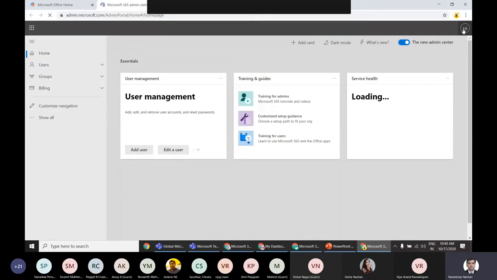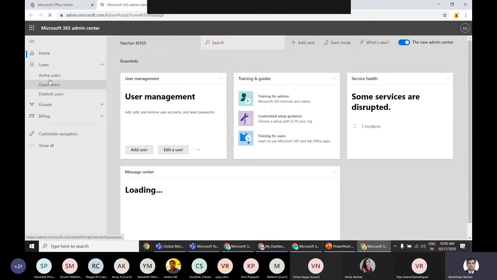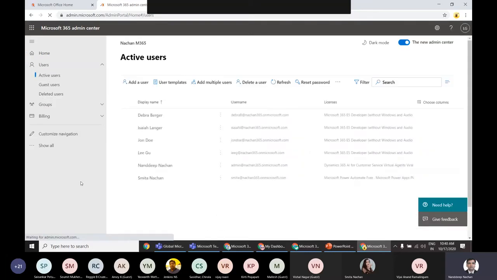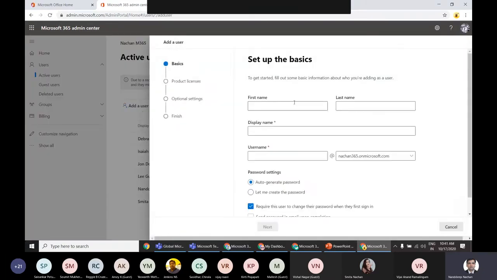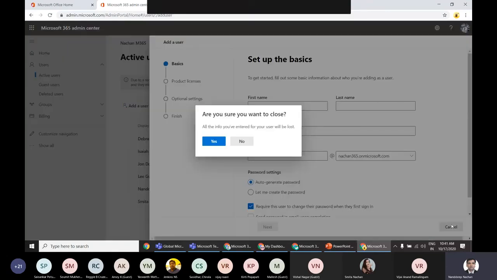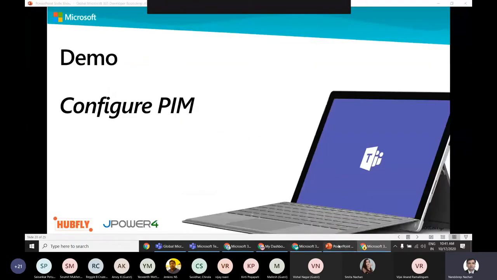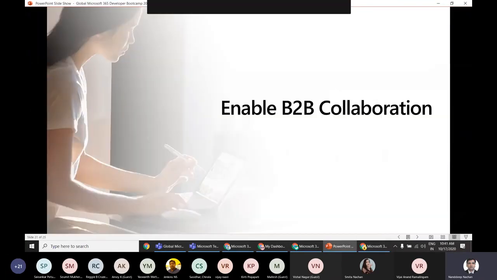Now you can see we have been logged in with user Lee, and now I'm able to add this user. If I even go to active users, you can see that this user Lee is now user administrator, so even though he doesn't have permanent access to add users, he has got that temporary access, so he can go ahead and create users in absence of the global administrator. So this is how the team administrators are quite important in our organization, and this is what they can do.